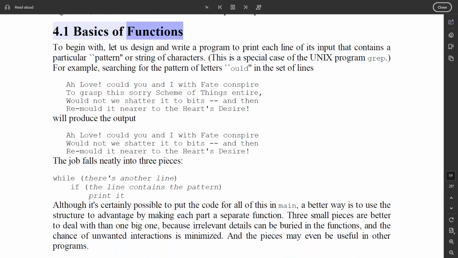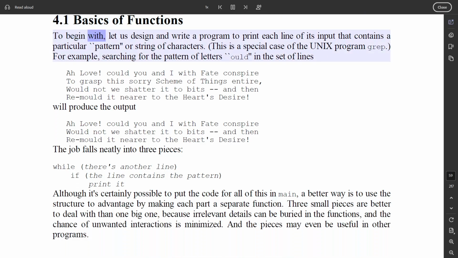4.1 Basics of Functions. To begin with, let us design and write a program to print each line of its input that contains a particular pattern, or string of characters. This is a special case of the Unix program grep. For example, searching for the pattern of letters "old" in the set of lines: "Ah Love! Could you and I with Fate conspire to grasp this sorry Scheme of Things entire,